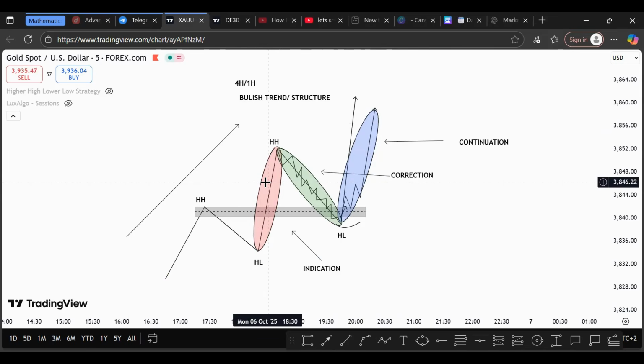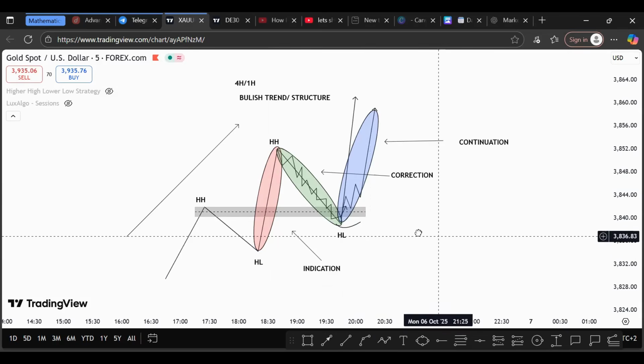Now, once you've plotted your levels of resistance and support in terms of where price is usually bouncing off of, then it is much easier for you to take those entries, because now you're starting to have those higher highs, you're starting to have those higher lows. Now everything is in correlation, everything is in sync in terms of the movement, in terms of how everything is going. And I did mention in our previous video that for me,